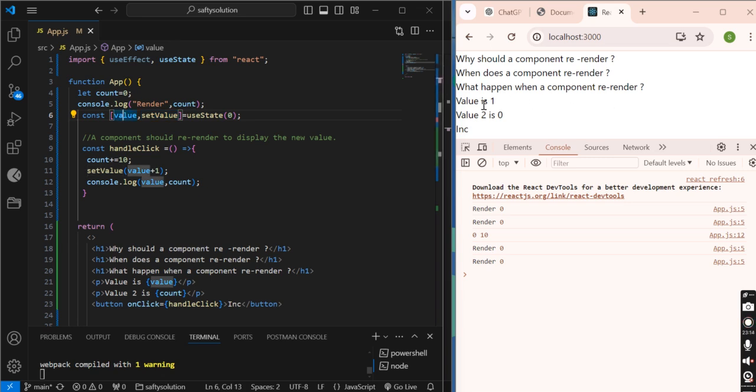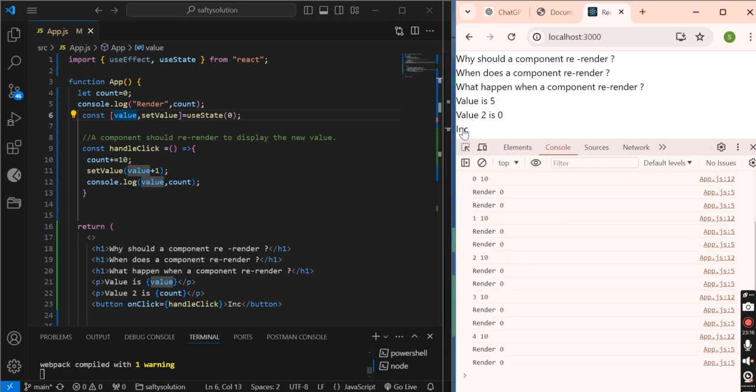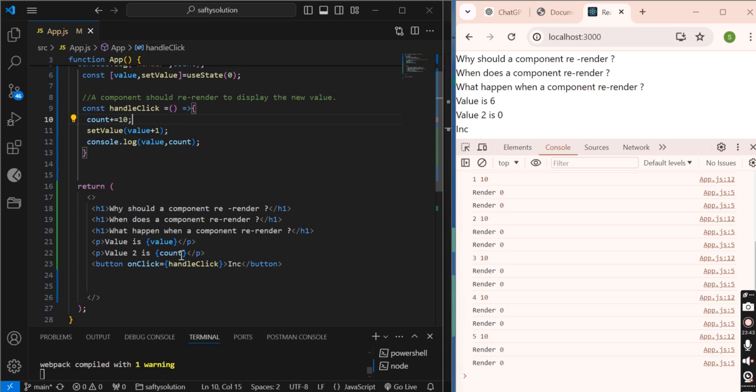And it remembers the value from here, and it's returning the new value. That's why it is 1 2 3 4 5, because it remembers. But since it is an ordinary variable, each time it is increasing by 1, but at re-render time its value is 0. See, and as you can see here, I have used that value is count.